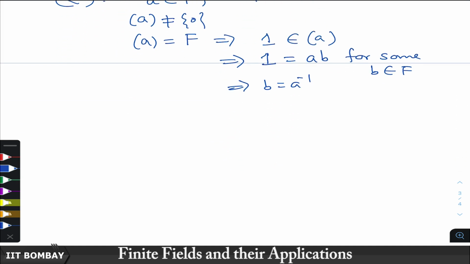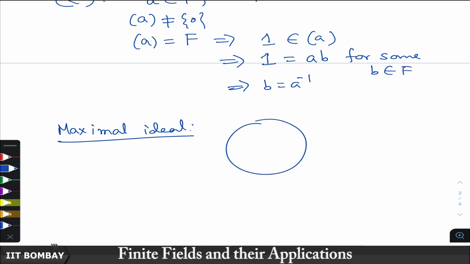Now, we will discuss some special types of ideals. One is called maximal ideal. What is a maximal ideal? If you have a commutative ring with identity and you have an ideal, so that there is no ideal in between this ideal and the ring. There is no ideal like this which contains I and which is also not equal to R. So, an ideal I is called maximal